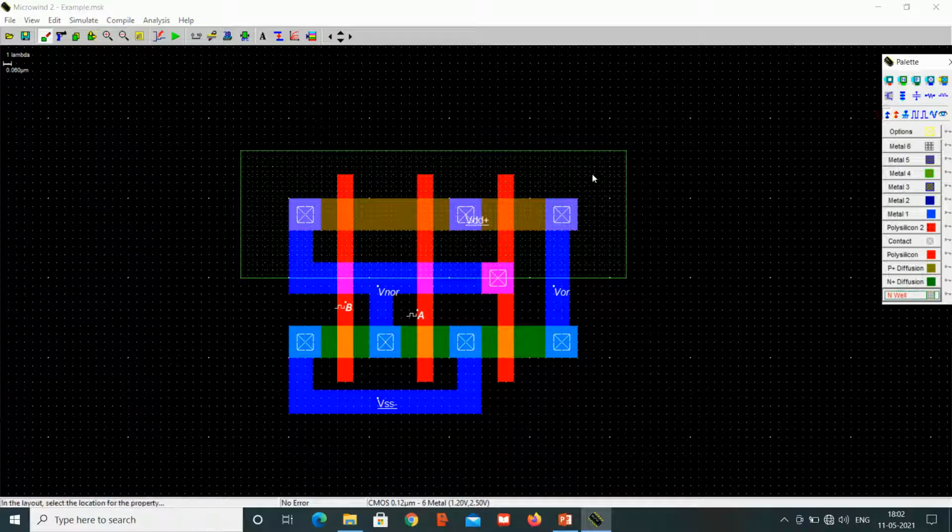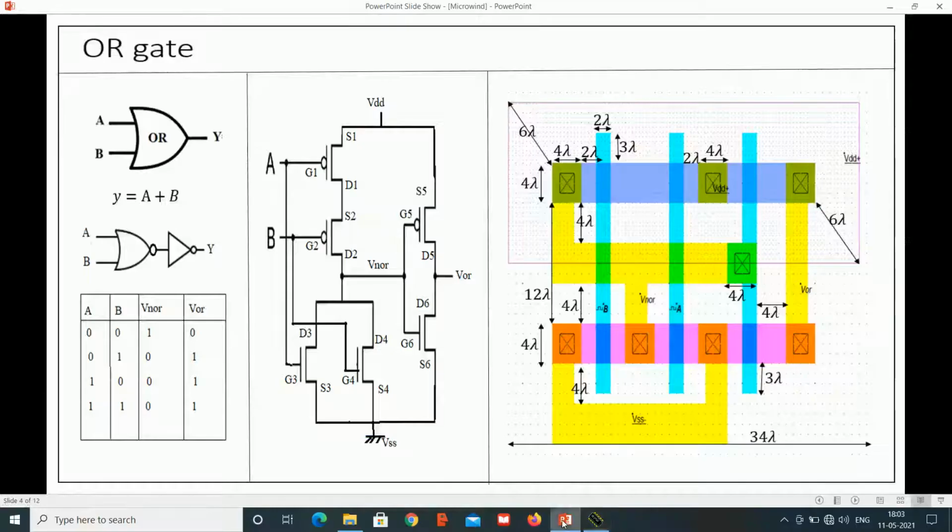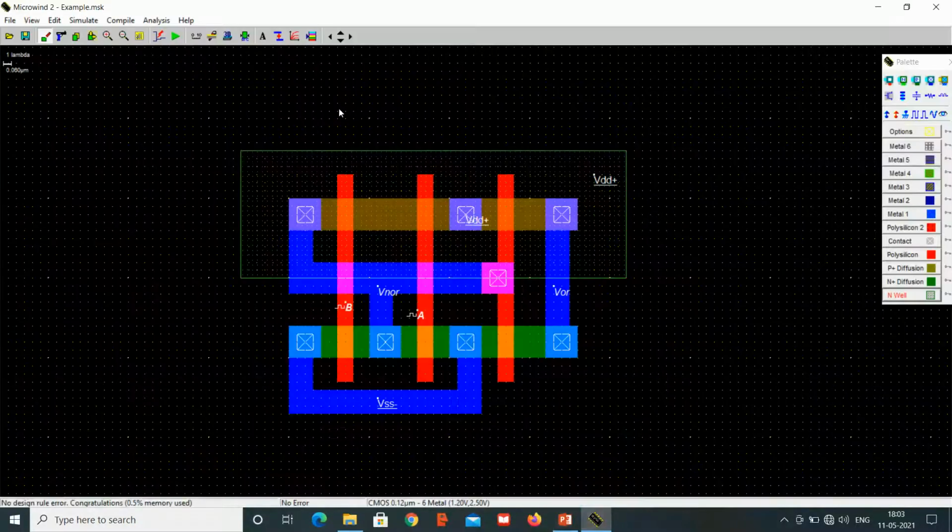So VDD should be given to this N well. In order to differentiate this P substrate with this P plus diffusion, do the DRC check, no design rule error. Then we need to check the output.